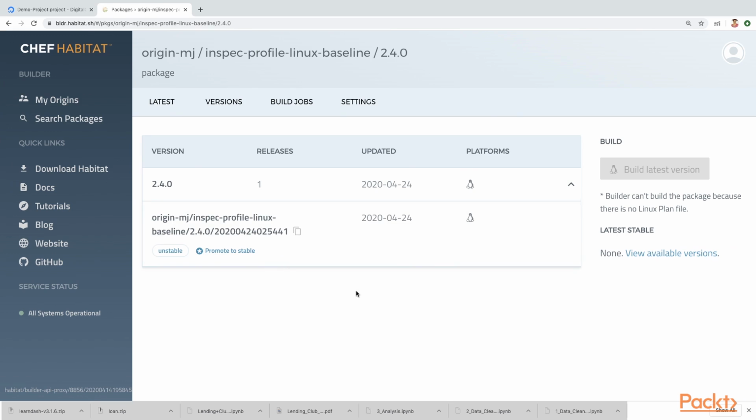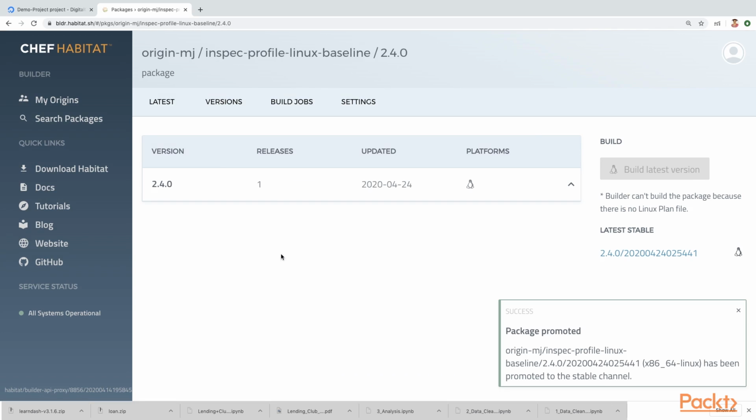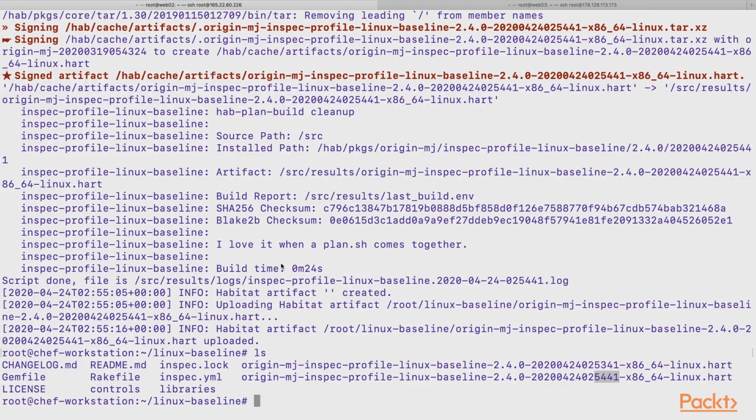So this is the package which we have uploaded. So what we would do, we can go ahead and promote this package to stable from the dashboard itself, or else you can use the command line as well. So now we have created and uploaded the package, and we had few Chef client servers running like Web 01,